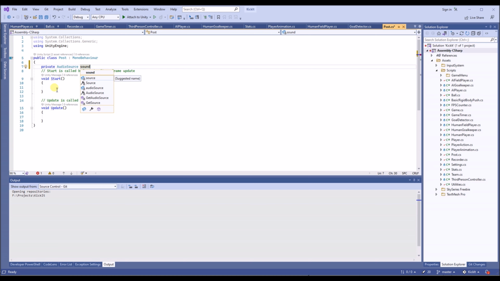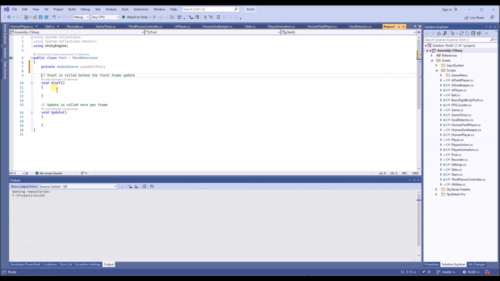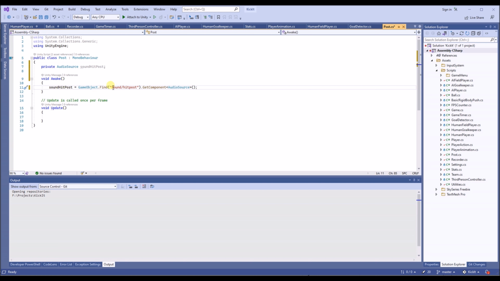I'm going to call it sound hit post, and then in the awake function, I prefer to use the awake for that, not the start, we can select the sound to initialize it, and then we can use the on collision enter function